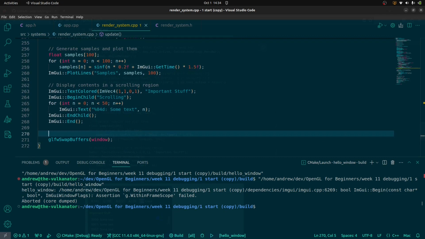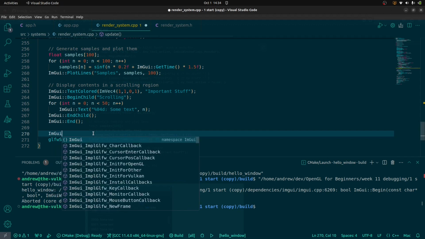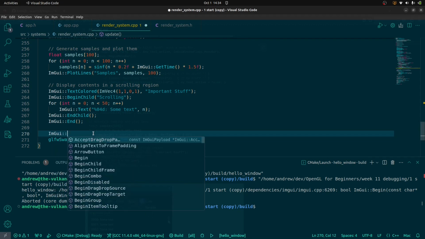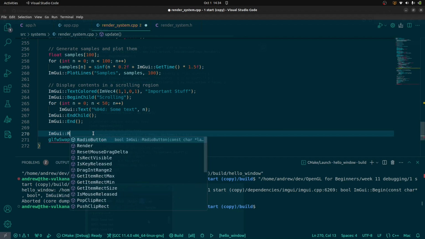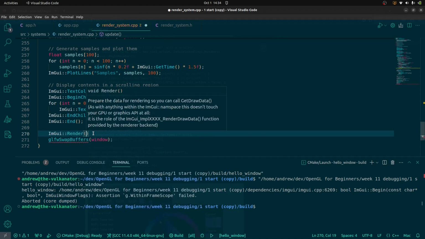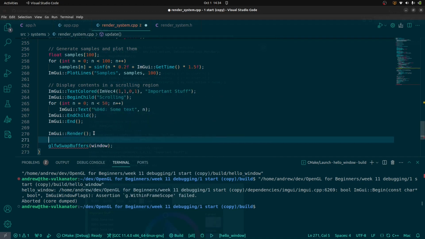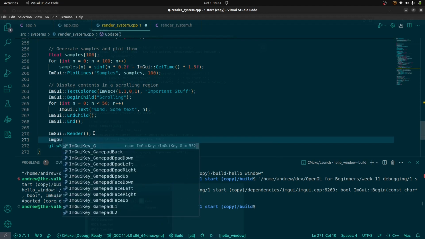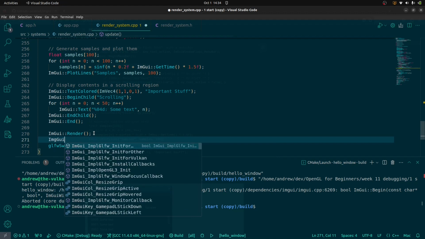So, funnily enough, it's not actually rendered yet. Now, the way we render this is it's sort of two calls, and this is because ImGui is very, very platform agnostic. So we have this render, and what this render does is basically gets the internal vertex buffers ready to go, but then those vertex buffers can be consumed by something. So if it comes to actually drawing stuff on the screen, we'll go